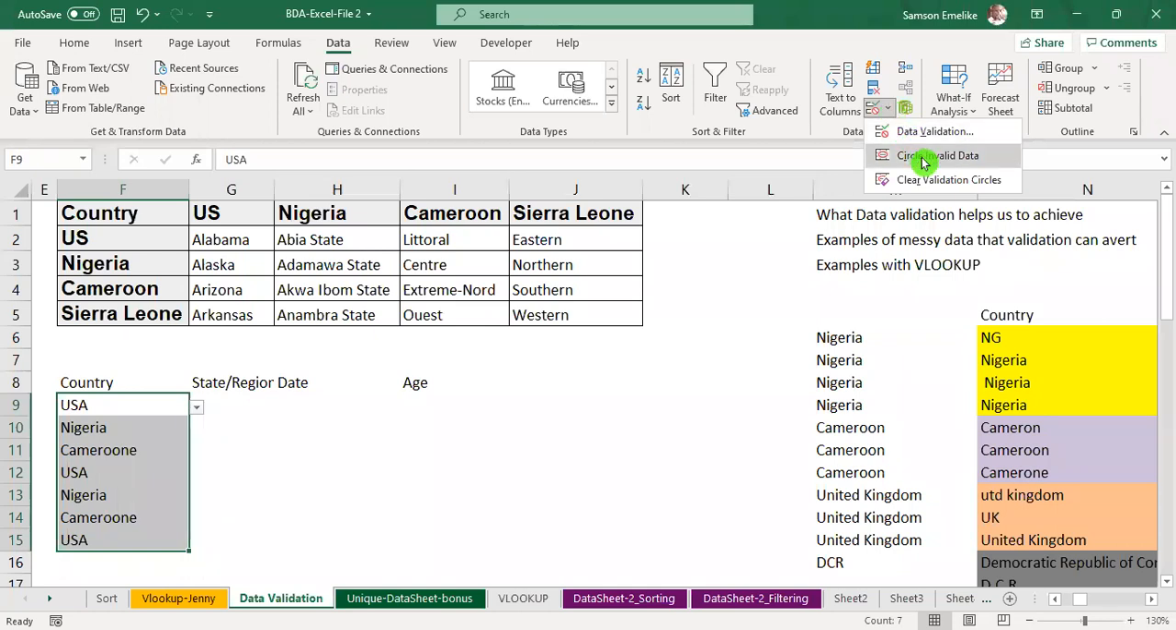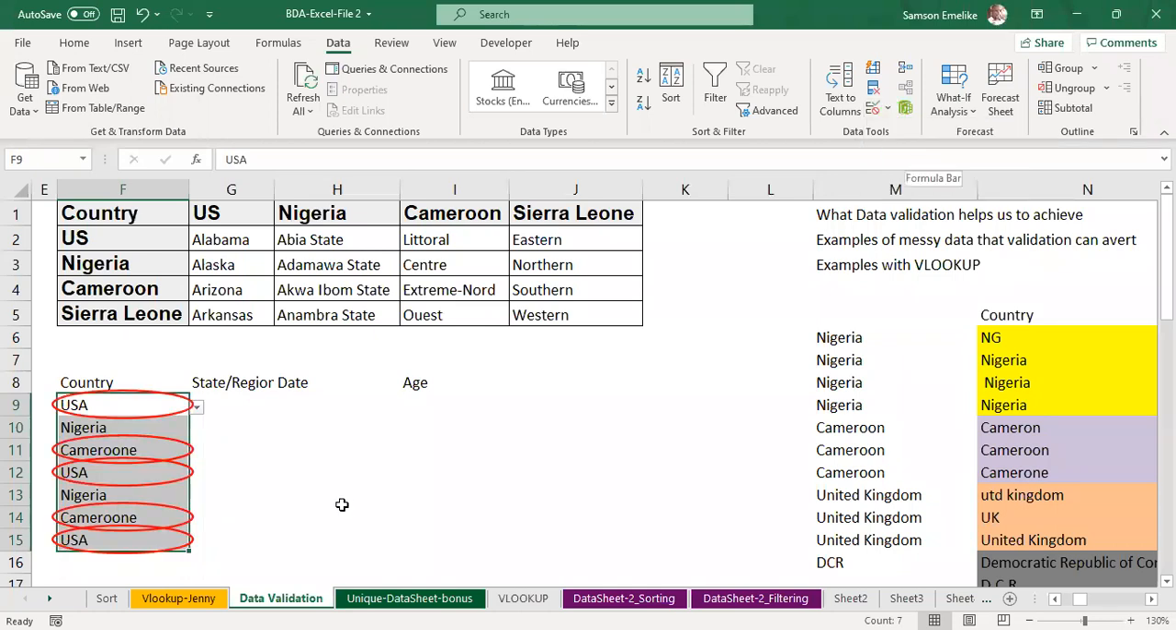So I'm going ahead to click this, and you will see all those areas where things were entered wrongly. It has been circled. So when you look at this, my definition or the data validation defined for this was,